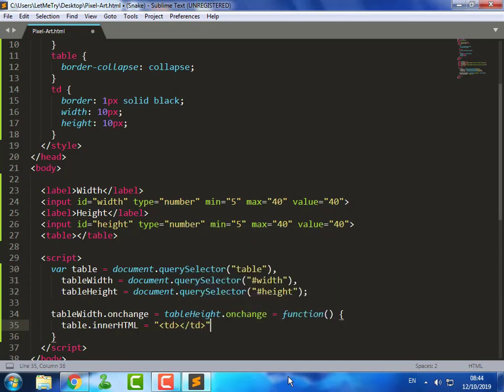So we add as much rows as the height and cells as much as the width.